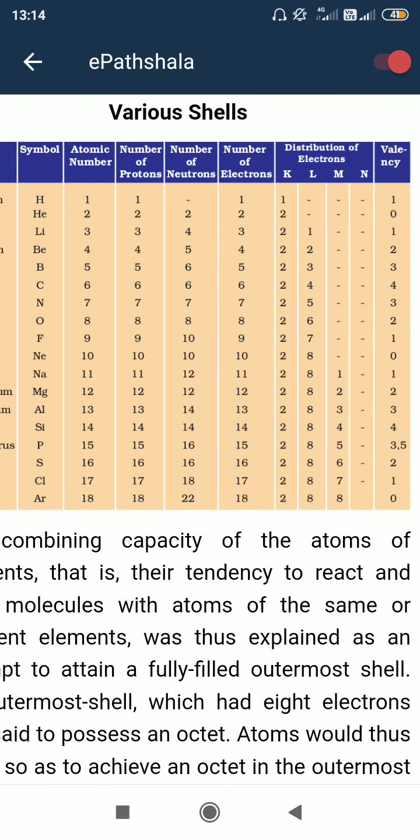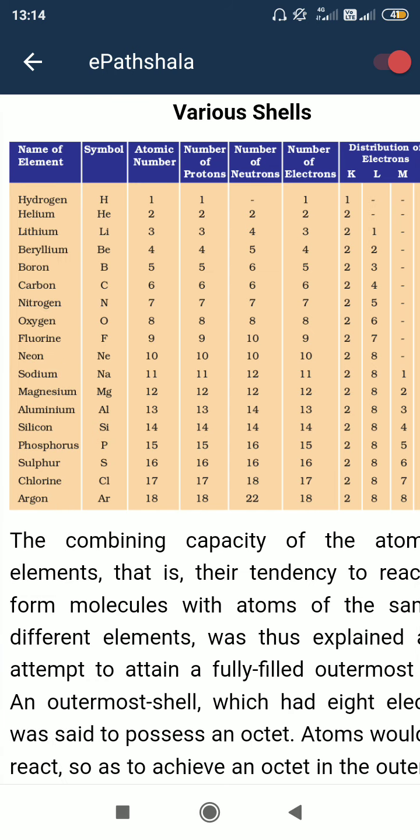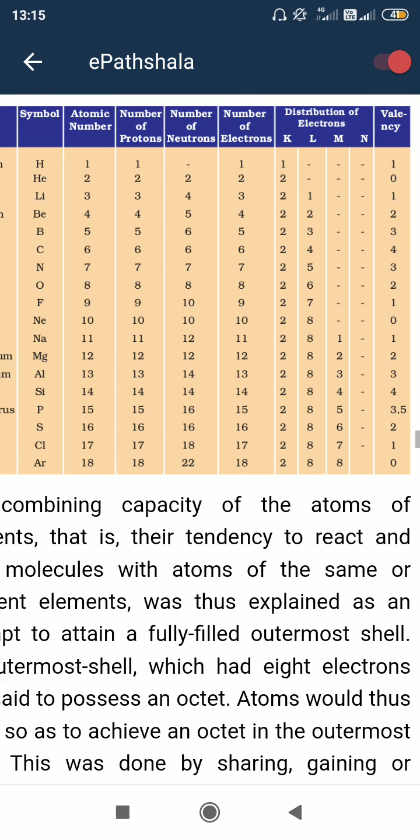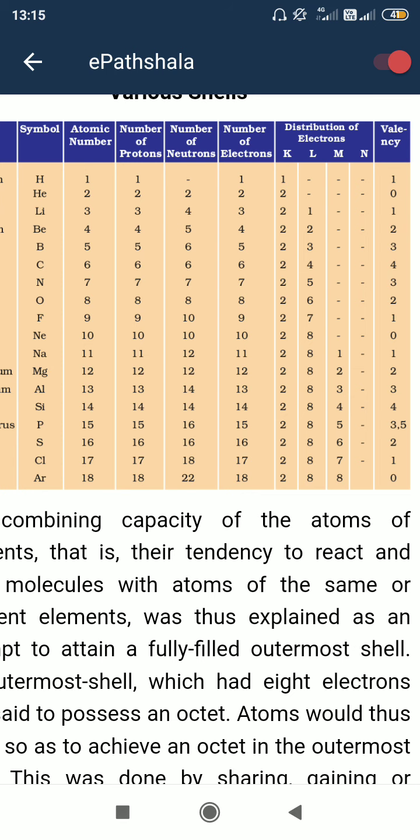So this is the KL distribution of electrons. We may consider sodium itself, 11 electrons total. But in the K shell only 2 electrons are possible, maximum 2 electrons. Then the L shell, it is a maximum of 8 electrons, so 2, 8, then the remaining 1 electron will be located in the M orbit. So this is the process. First we need to calculate the maximum number that can be located in a specific shell. Like K shell only 2 electrons, L shell 8 electrons, M shell 18 electrons. Okay, likewise. So this is the process.